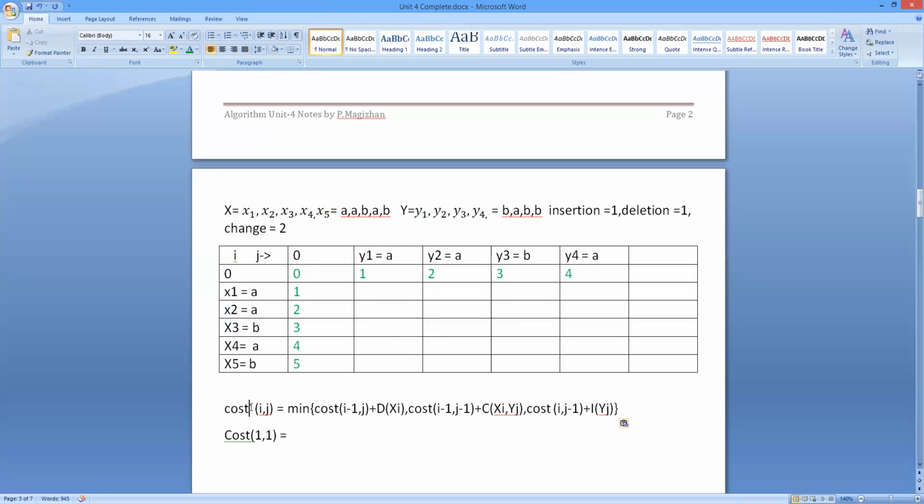The formula is cost of i, j when i is greater than 0 and j is greater than 0. So this i is 1, j is 1. Cost of 1, 1 is equal to minimum of cost of i minus 1, j. i is equal to 1, so 1 minus 1 is 0, 0, j is equal to 1, plus